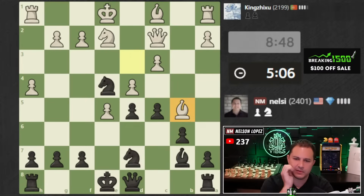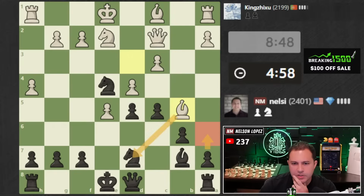Bishop b5. Okay. So option number one, we bring another piece. Option two, we try to force the issue here because we like that trade. Now, I have to be careful, actually. Do you guys see what I have to be careful of related to this knight? If they play like f3...